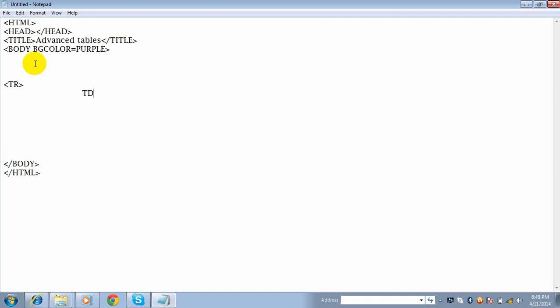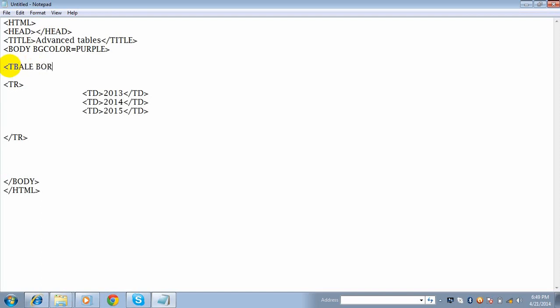Let's begin table data, like in 2013. Let's close table data. Okay, table data 2014. For table borders, you need to begin with the table tag, table.